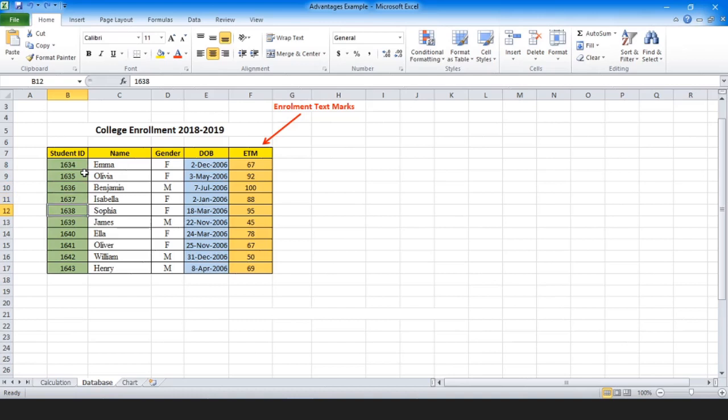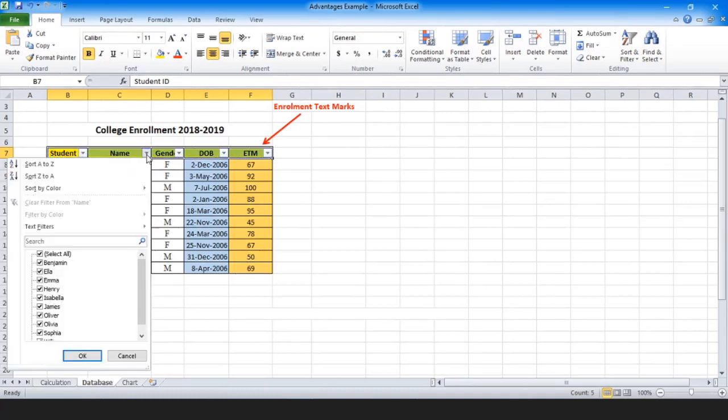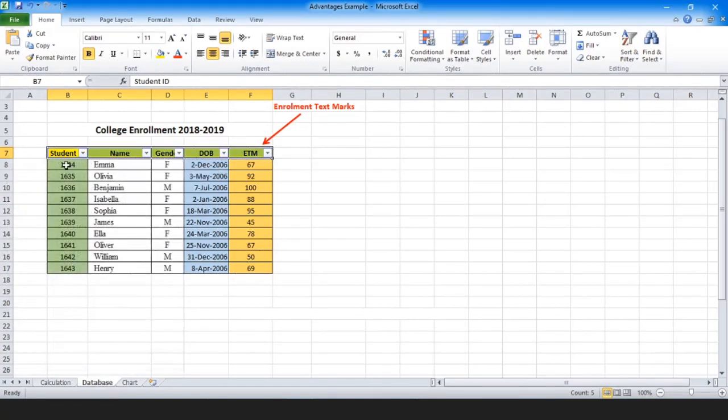Once you look at this database, you may see the table is sorted according to the student admission number. But what I want is to rearrange them according to their names. Therefore, I am going to add an option called a filter. So, I'll select the first row of the database and go to Sort and Filter option, which is in the Home tab editing group. Now you will see each of the headings have small buttons which are called drop-down buttons.